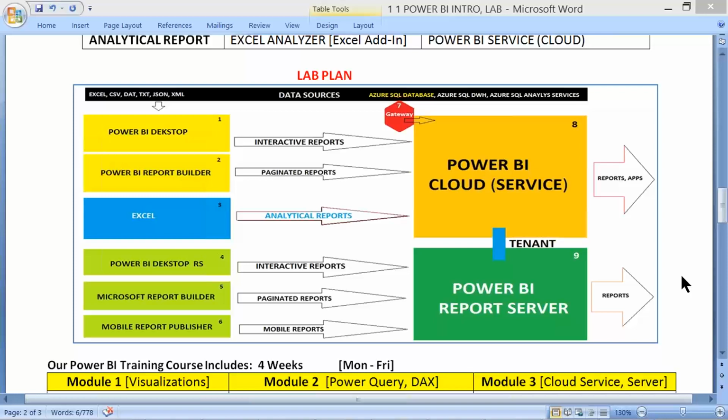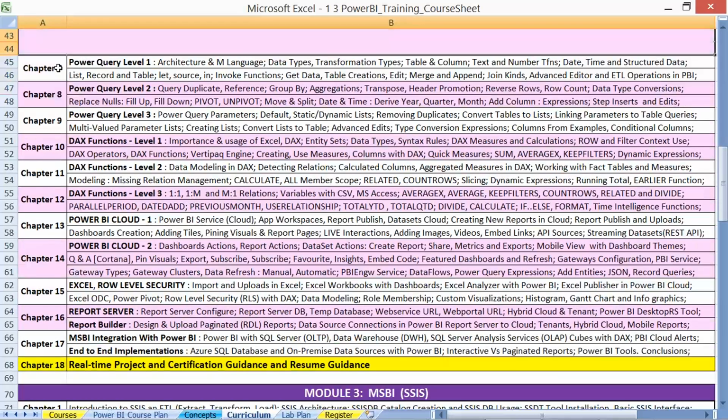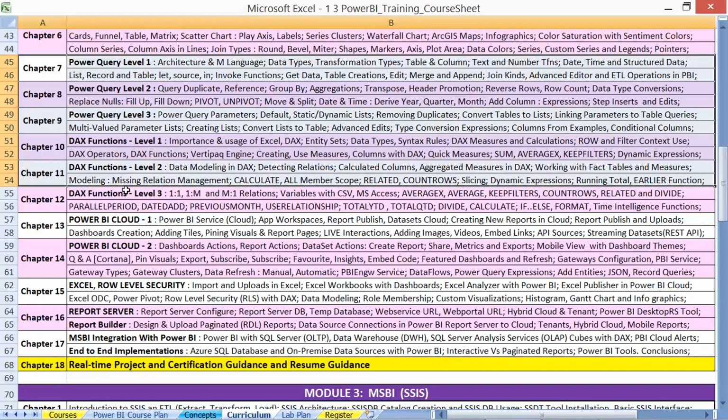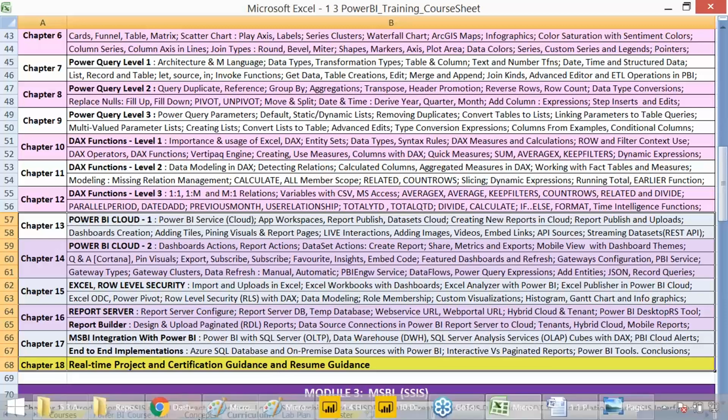So today we understood some basic orientation towards Power BI. From the next class, we need to slowly get into our course curriculum. We need to start right from the installations to design activities, the first 6 chapters. Then comes data modeling activities, Power Query and DAX, the next 6 chapters. Then the last set, module 3, would be into cloud, report server, and integration activities with the project work. So the sessions would be completely practice based.